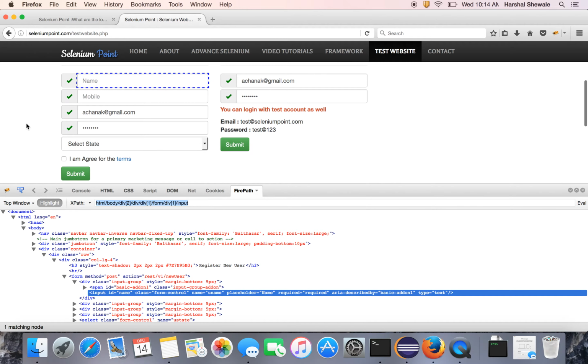But one failure reason of absolute XPath is if there is a change in the DOM. For example, if some CSS is added or some classes are added over here, it will change the sequence of the div. If one div is added, the existing one will become the third div. So in this case XPath will fail. So mostly we prefer the